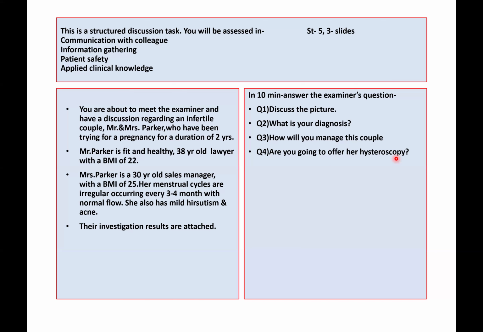In her case, I'd ask about her LMP, and because she has irregular periods, I'll rule out pregnancy. So I'd offer a urine pregnancy test, and as she has polycystic ovary syndrome, we advise an OGTT because she is at high risk of having diabetes, and cardiovascular and cardiometabolic problems can happen. So a lipid profile can be done. Polycystic ovary syndrome has long-term complications as well, like diabetes, sleep apnea, and cardiovascular problems can happen later on. So we'll keep monitoring her regarding that also.